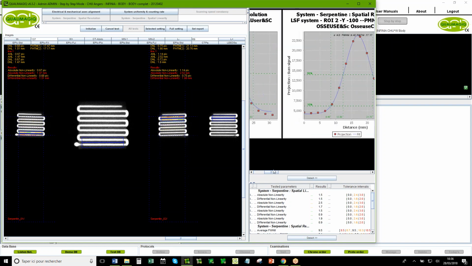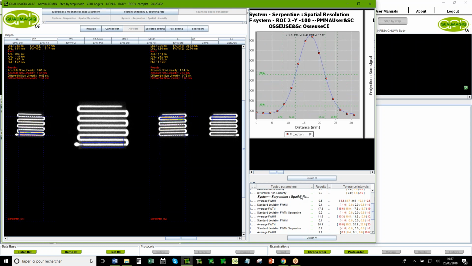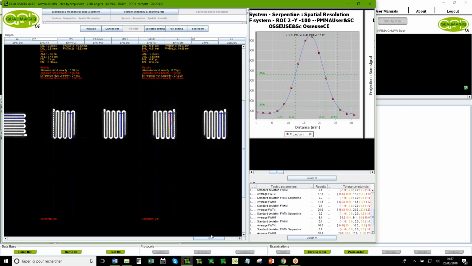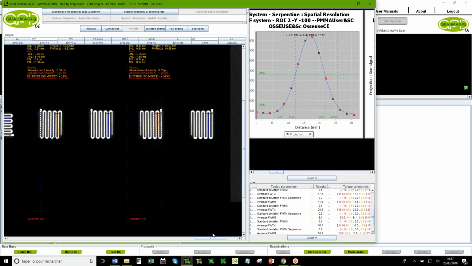We do the profile and we measure the width of the profile at 50% and at 10%. So nothing different than before. It's strictly the same. And they test two orientations, one orientation and the second one. So nothing is different for this test.